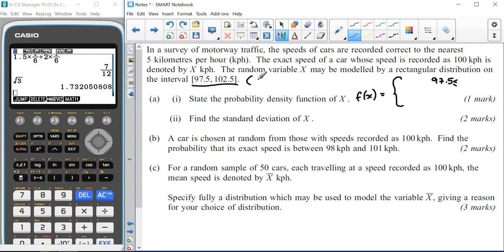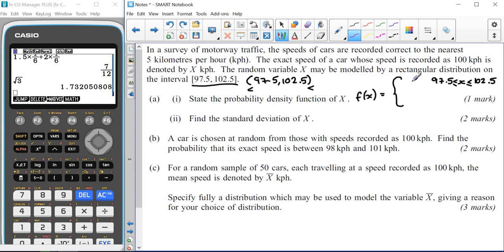If instead it had curved brackets, then we would have strict inequalities, so our inequality symbols would look like this instead. But because we have square brackets, it means it can take on those values. So less than or equal to x, and again square brackets at the end, so less than or equal to